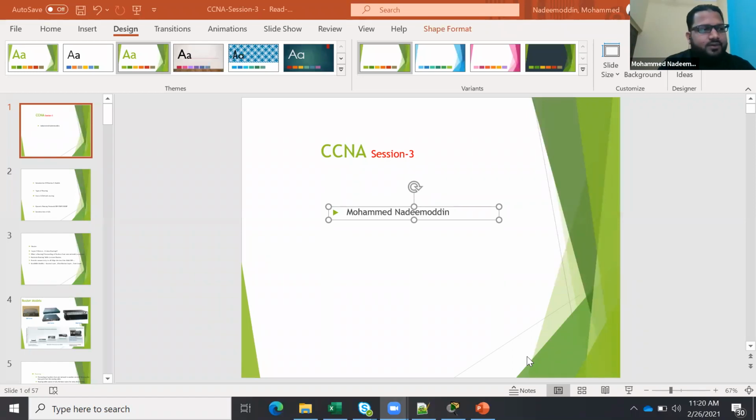Then in layer three, we started with the gateway. We understood what is the need of a gateway. We did router on a stick. After that, we understood the multi-layer switch, which is nothing but the solution to router on a stick. Because if you want to communicate between two different networks, then you need a gateway, right? So the gateway has to be configured on a layer 3 device. Router on a stick was not a good solution because there was a single point of failure.